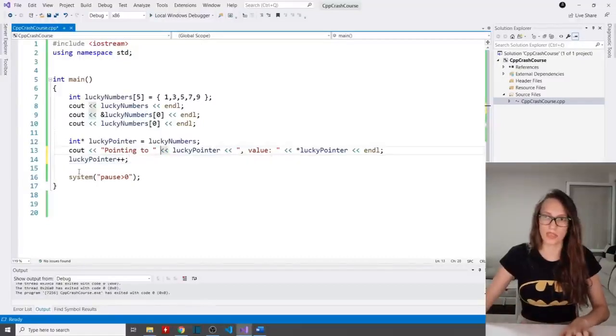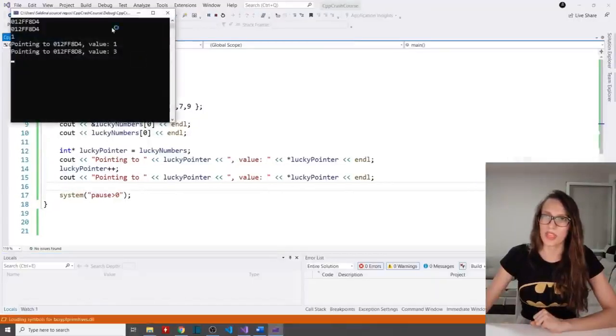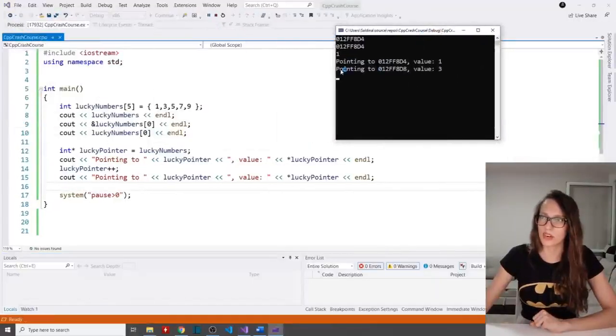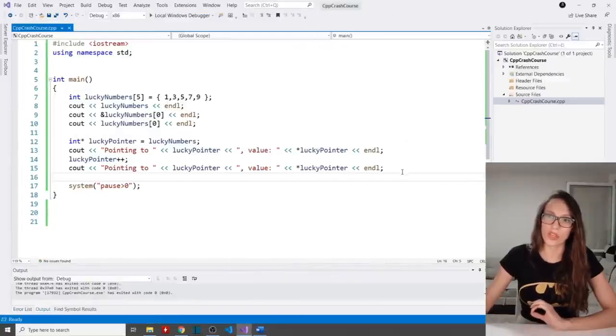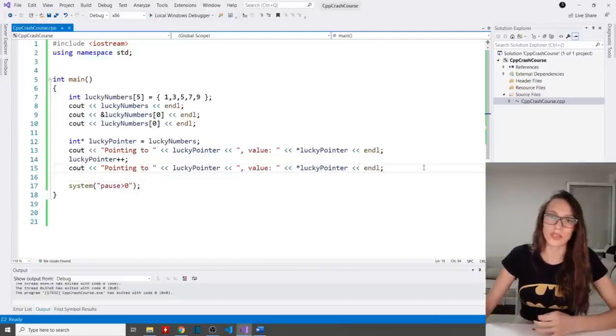And now if I copy this again here and I run my program once more, as you can see, now our pointer is pointing to the second address, the address of our second element, and the value that is stored there is going to be 3, which is the value of our second element of our array. Now, this was an example of how you can use a pointer in combination with arrays, and this here can give you the possibility to iterate through your lucky numbers array by incrementing the value of your lucky pointer.